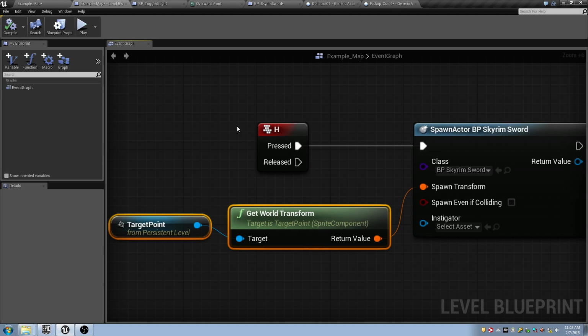So first we need to make a target point. Yeah, just respawn that on top here. And then in that drop down box where it says class, you can